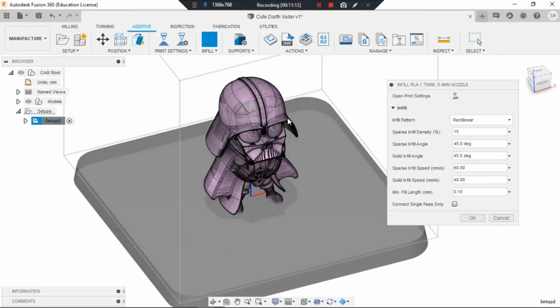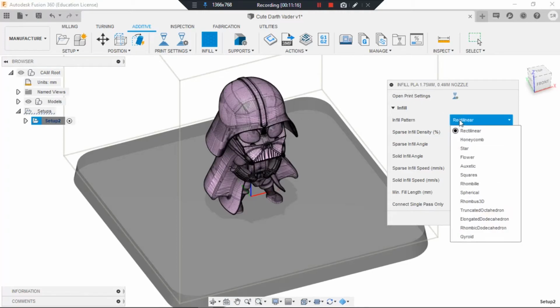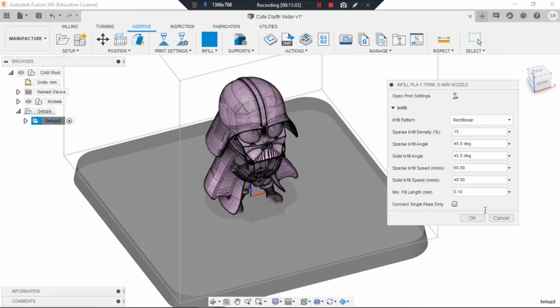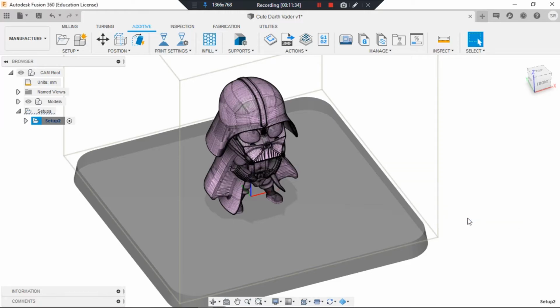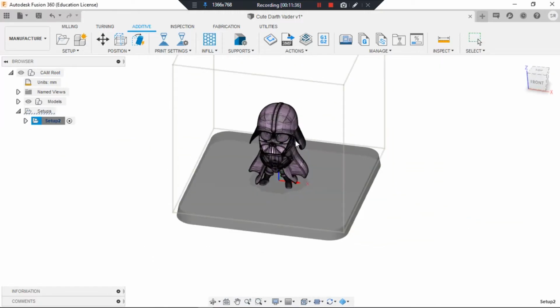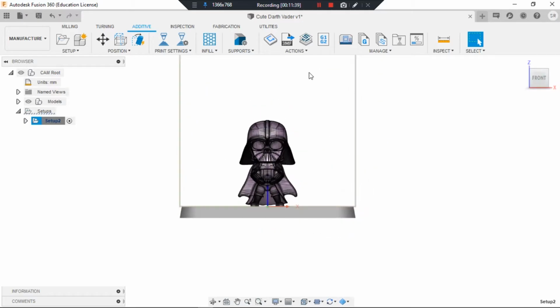The nozzle itself will move according to the infill. There are several infill settings that you can choose: rectilinear, honeycomb, star, and so on. Here, I will use the default one, which is rectilinear, and then we just simply click OK. Just back to the default.